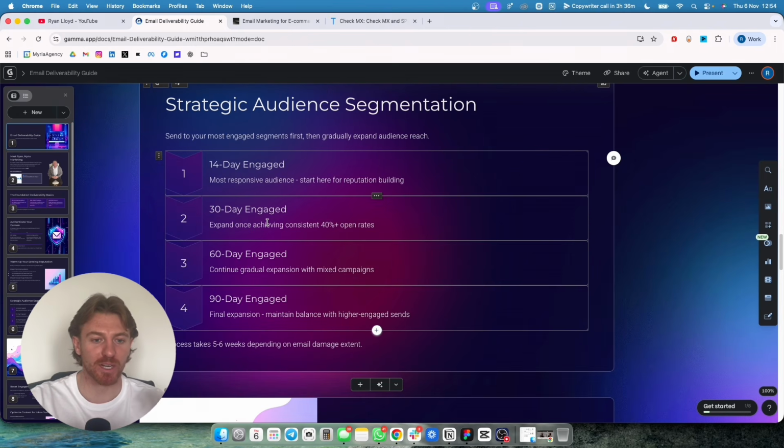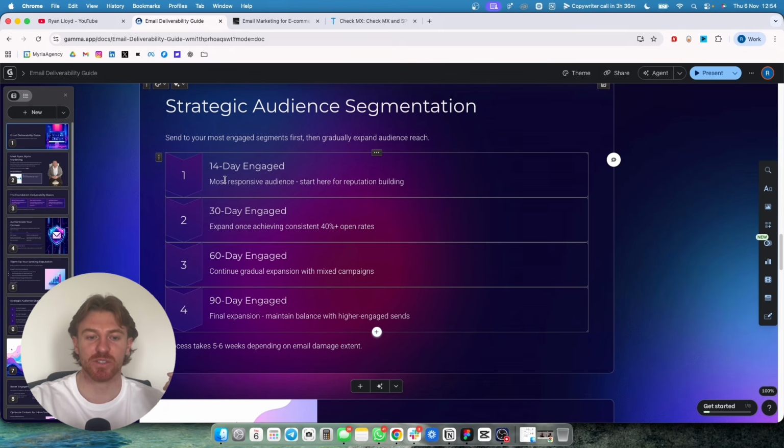As I mentioned before, I'm going to lead into how we're actually going to do our audiences. So this is kind of my structure when it comes to audiences. I tend to, depending on how bad your deliverability is, if it's super poor, like I mentioned, like 10-20%, you really want to start with your 14-day most engaged. So how this is going to look on your Klaviyo, for example, you're going to be sending to, let's say, 100 people,